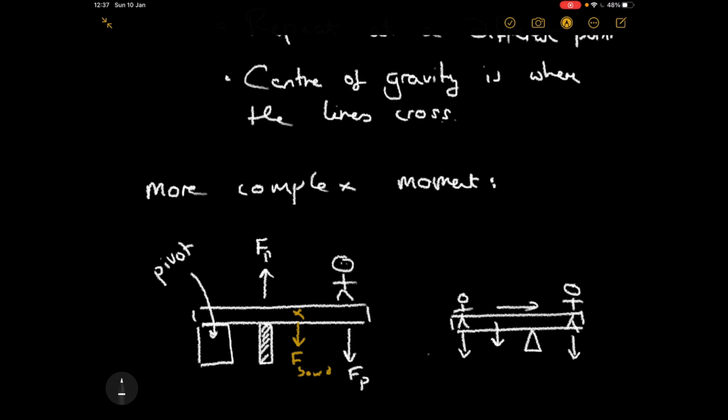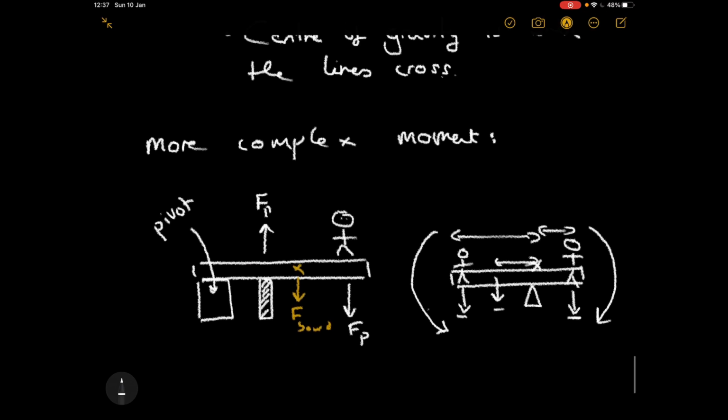Knowing where the center of gravity is just means that you then take the weight and have to account for that moment as well. So in this case, we've got two moments acting in that direction from the person and the weight of the board, and they would have to be balanced by the moment from this person on this side as well, even if you just take it from the pivot. And there we go. That is how we can look at some slightly more